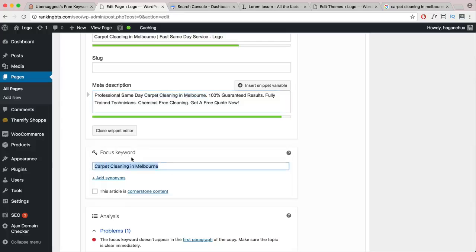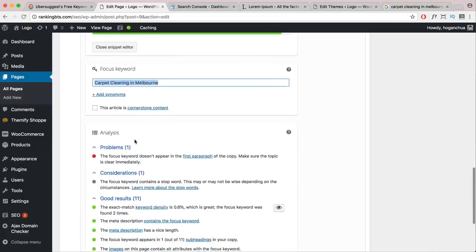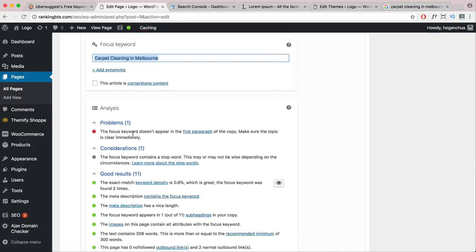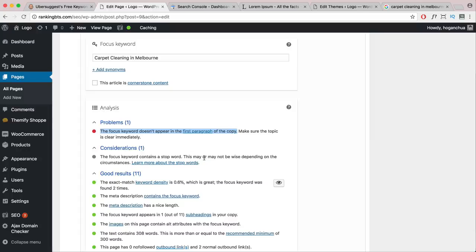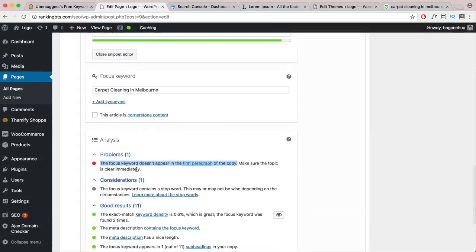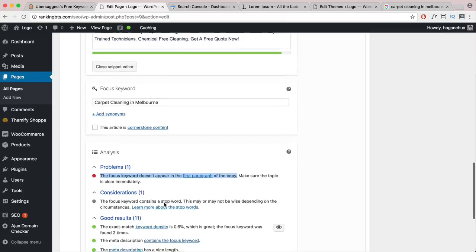Okay, so when you actually put in your focus keyword in here, the Yoast plugin will help you optimize, and it'll go through its own checklist. As you can see, it says the focus keyword doesn't appear in the first paragraph of the copy. So on the actual content of the website, we haven't added that to the first paragraph. You don't have to get every single one correct, but try to get like 80 to 90% of them